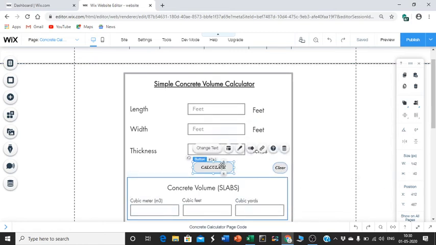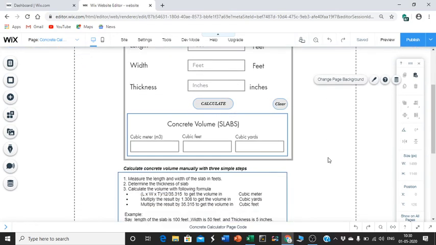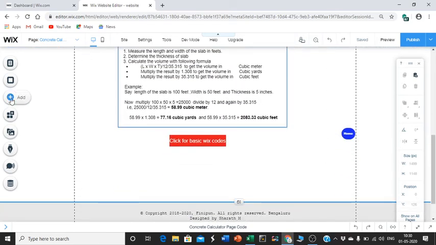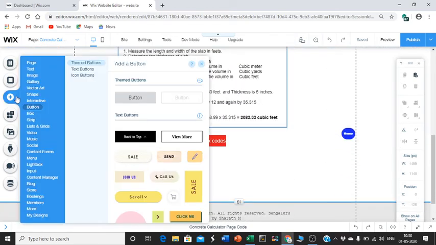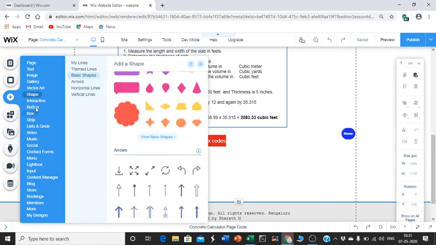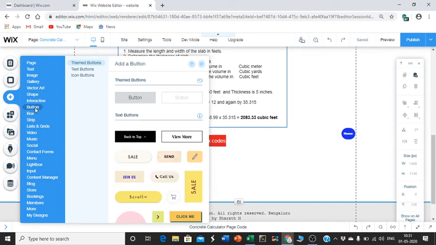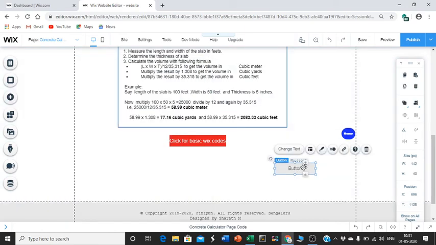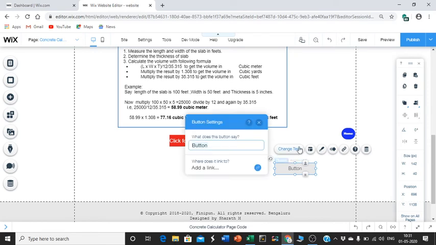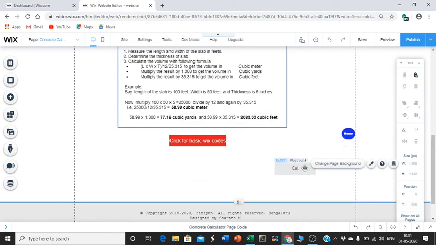For this, I'll show you how to select that. Same, click this, select any. I don't want the video to be too long, so I'll make it very short, otherwise viewers will lose interest. So for calculator, put Cal here.